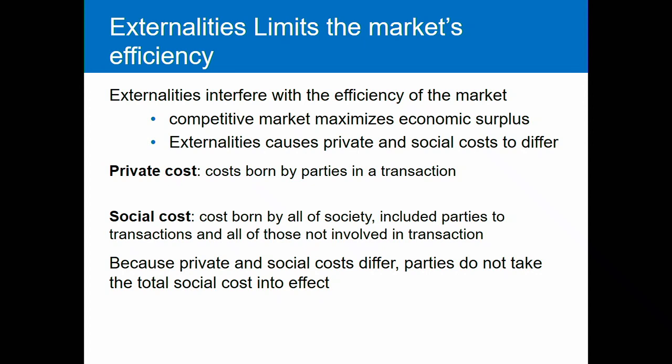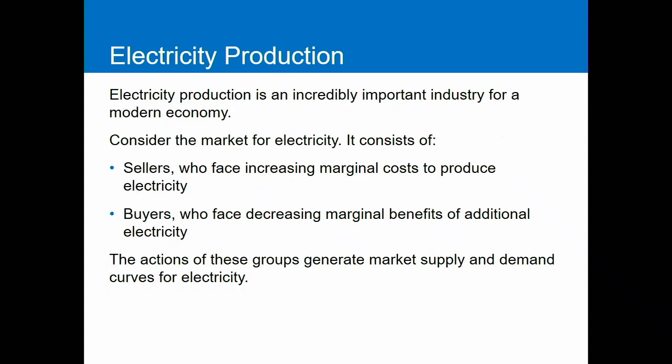In fact, individuals are acting in their own self-interest. They're trying to maximize their marginal benefit relative to their marginal cost. But because their costs and benefits differ from those of the rest of society, it ends up not making society as well off as possible. So the whole last chapter, we talked about how great the market was; in this case, it breaks down.